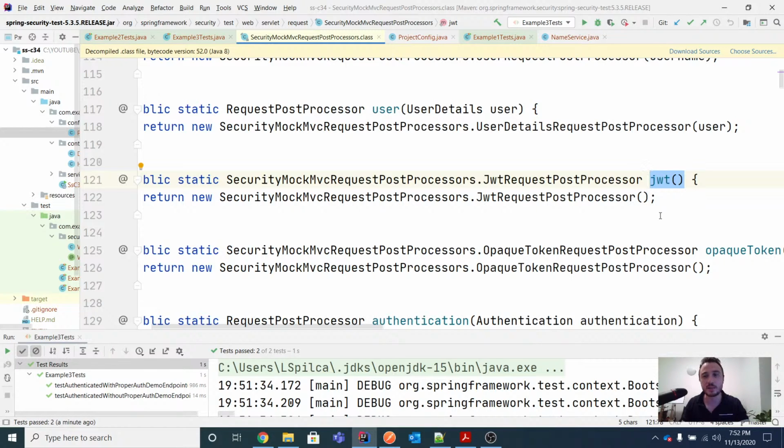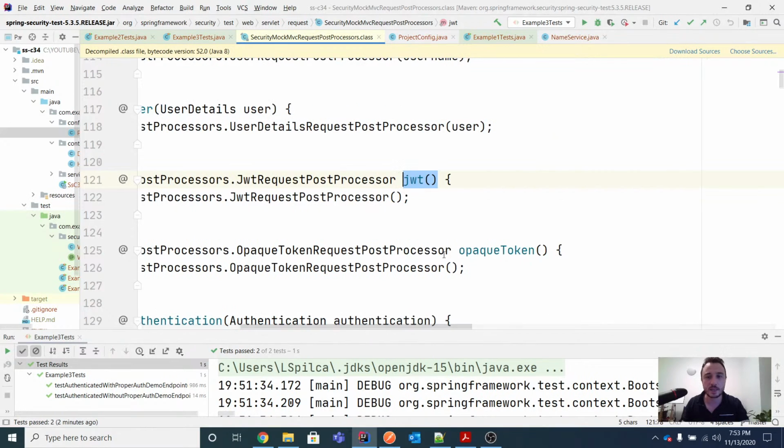And the JWT will take care of creating everything that's needed behind. You don't need to take care of anything. You just need to use the method, and it will automatically create the security context and the authentication behind. Super. And if you have an opaque token, which doesn't happen often,